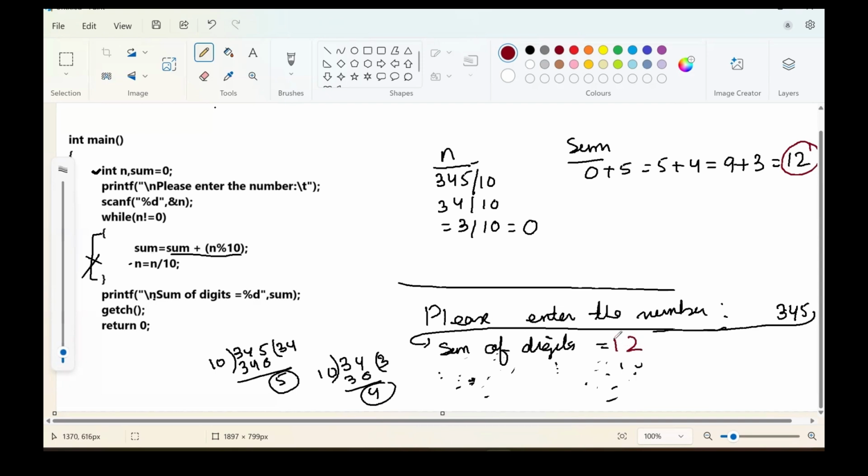So this is the way the program is executed by the compiler. Hope you